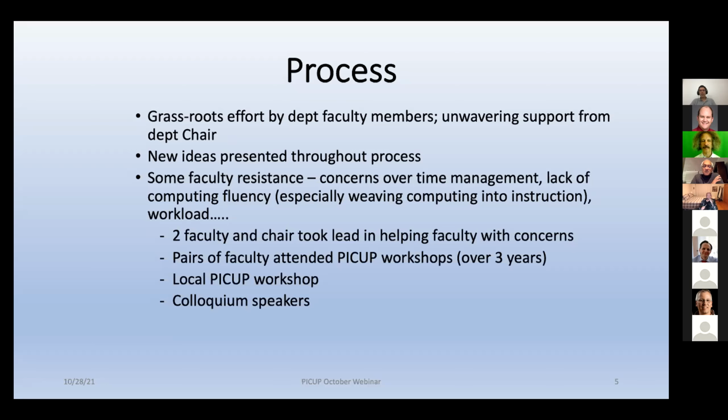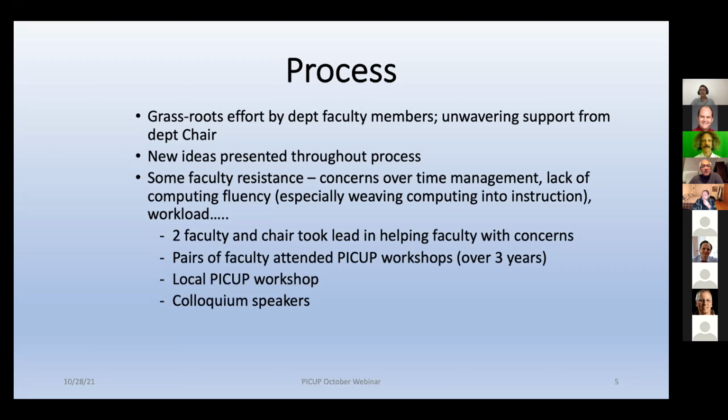I think PICUP has played a very important role in our department getting to the stage of having computations across the curriculum, because when our faculty members went to those PICUP workshops and talked to other like-minded peers, they saw what sort of problems one can work with using computing, and just discussing with peers. And then the presentations at the workshop. So really PICUP was quite important for us.